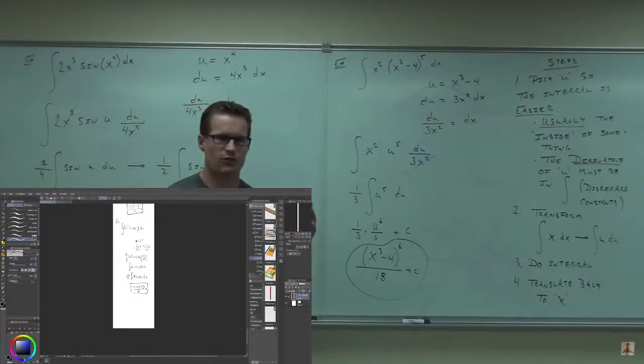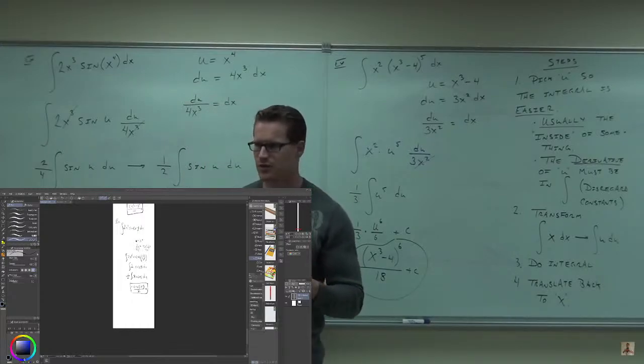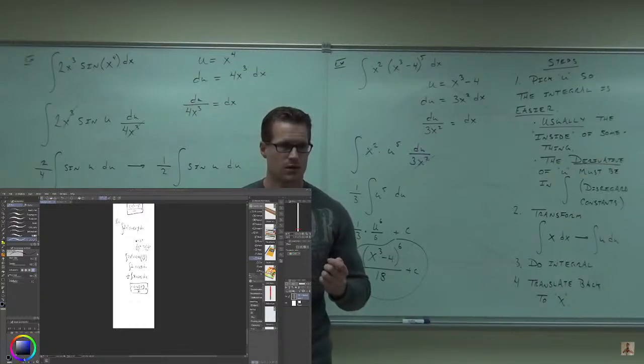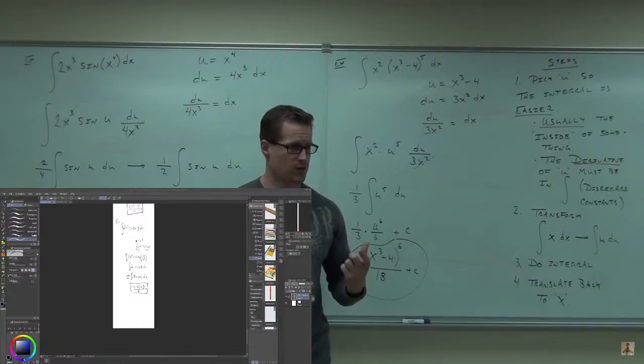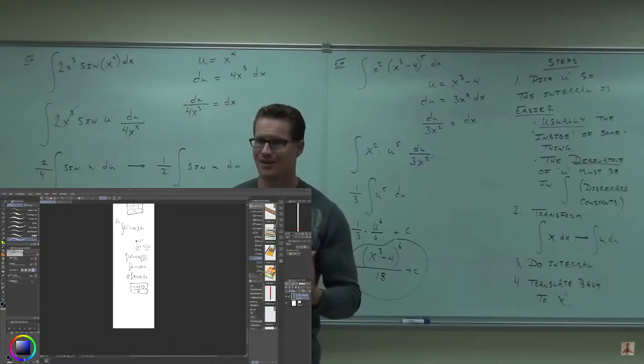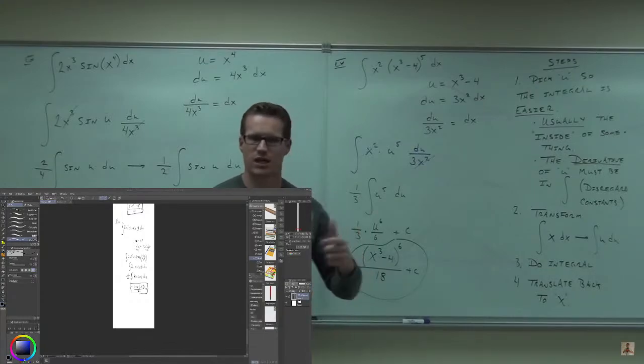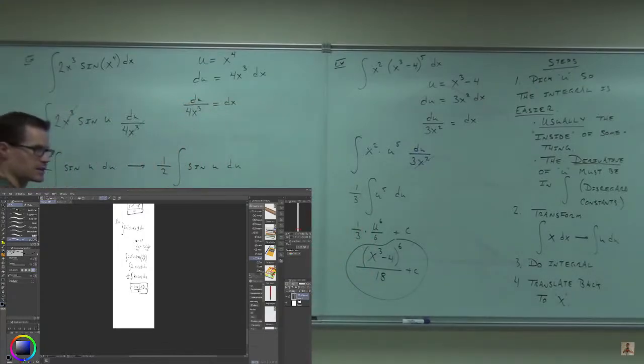I know you're all going to give me cosine, but what I'm looking for is whether it's positive cosine or negative cosine. Hopefully, you put negative cosine. Did you put negative cosine? Yes. Good for you. If you put positive cosine, check it again. You need to be able to take a derivative of it, and it gives you sine. So this is negative cosine u